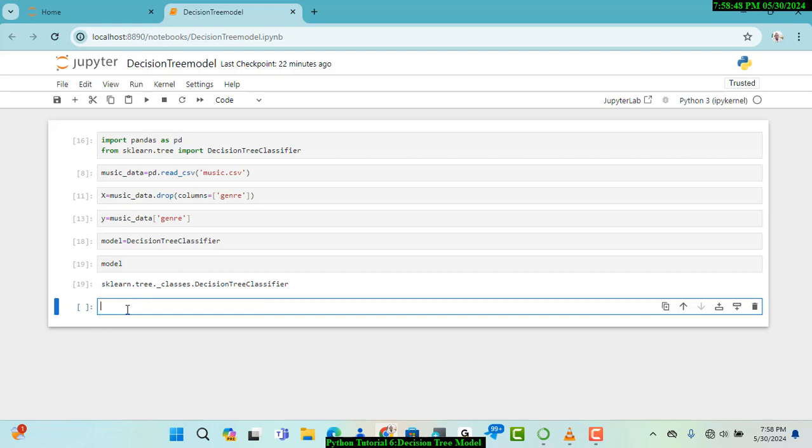So I'll say model.fit(X, y) and close the bracket. X and y are all the data we had seen earlier on. Now if I run it,